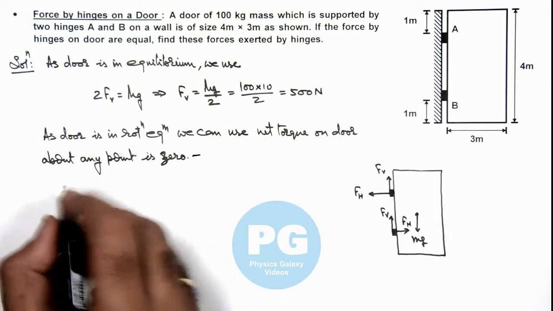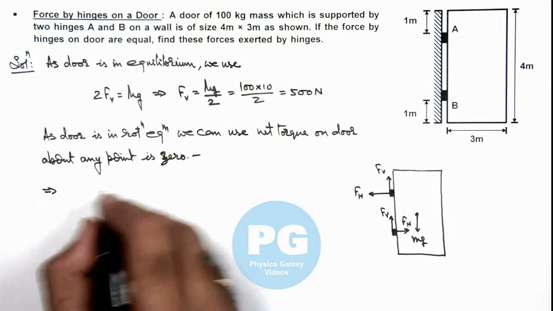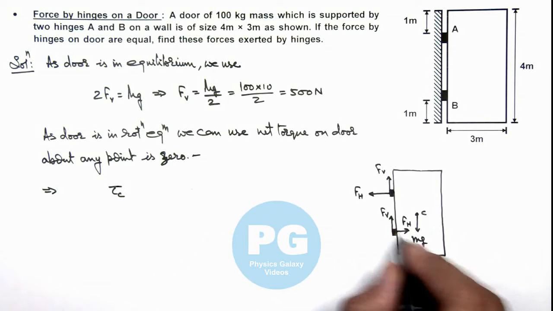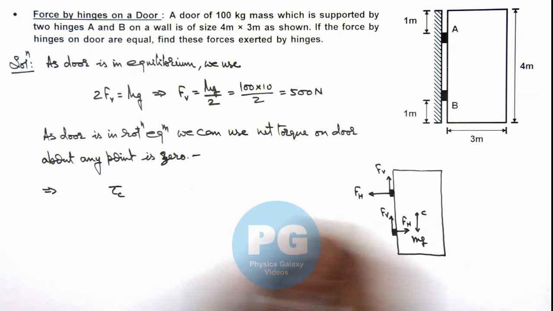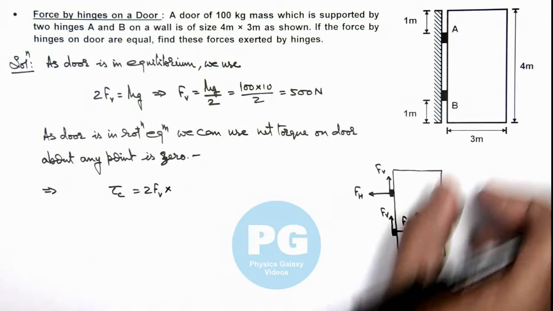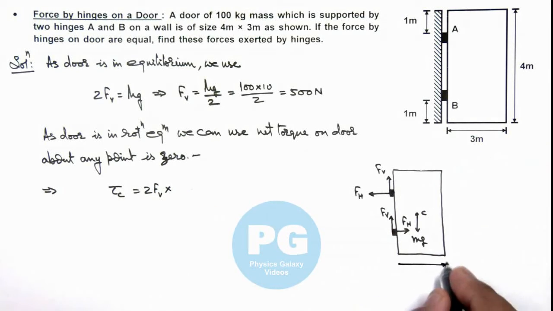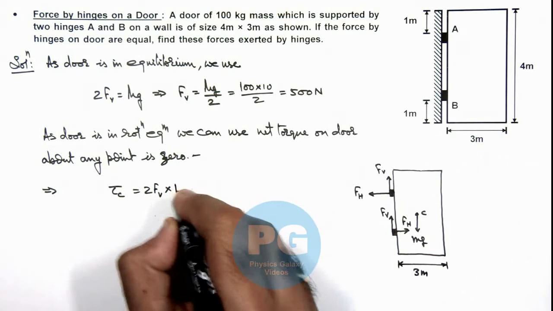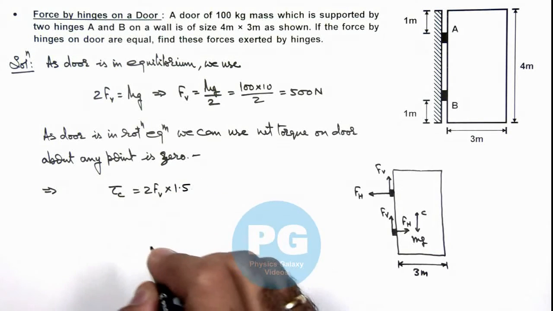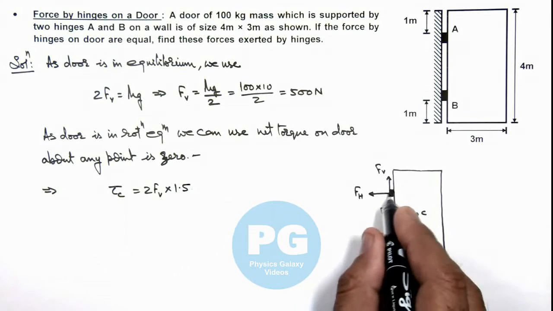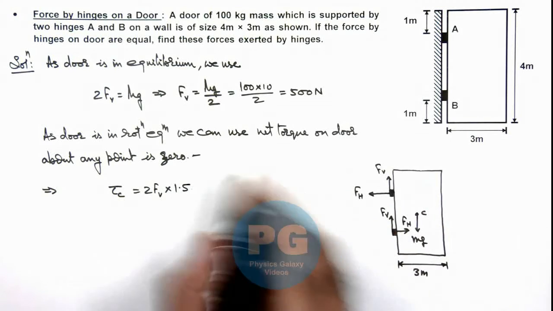And this implies if we calculate the torque about the center of mass, then the torque of mg will be 0. And that of FV, we can write the torque is equal to 2FV multiplied by, as this width is 3 meter, then the distance of line of action of FV from the center is 1.5 meters. So the torque will be 2FV multiplied by 1.5. And this is in clockwise sense, and the torque due to FH will be in anti-clockwise sense, so we can